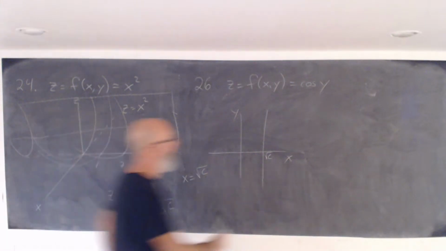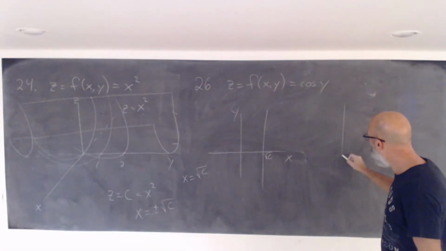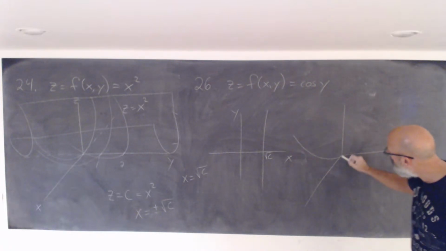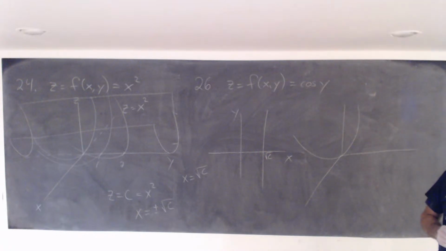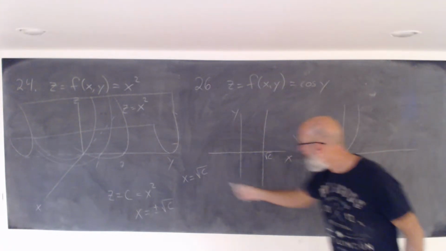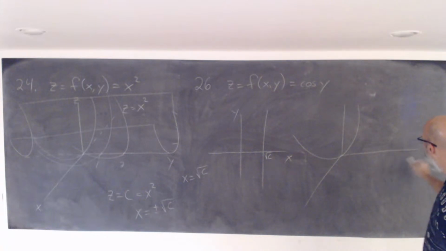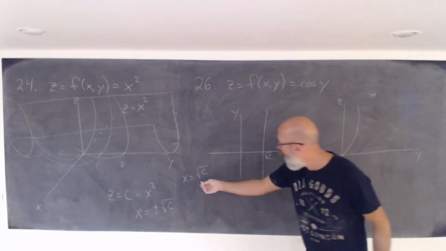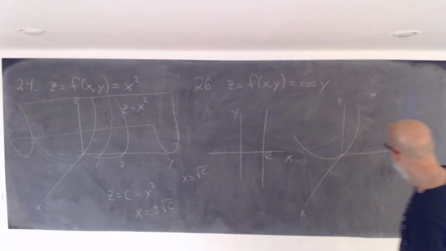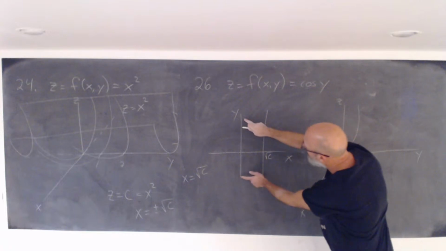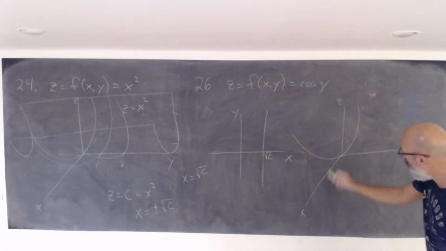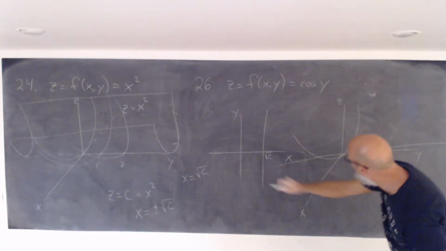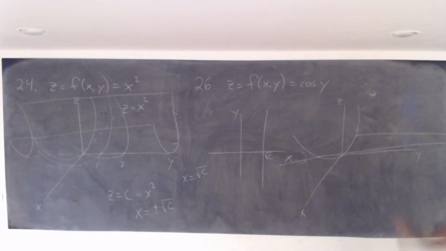You had your parabola, your skeleton, if you will, and then you have these straight lines parallel to y. So put these together using straight lines parallel